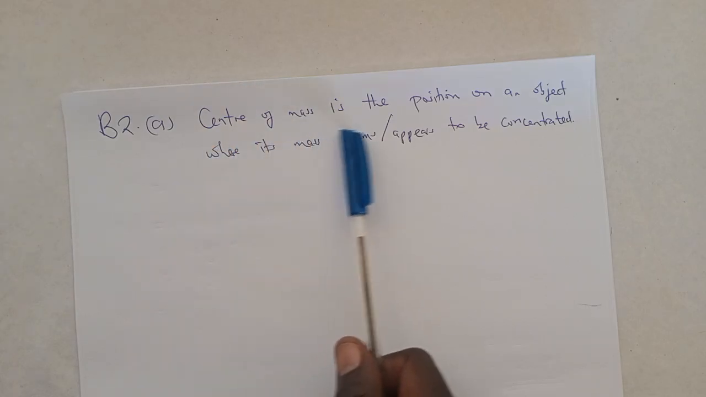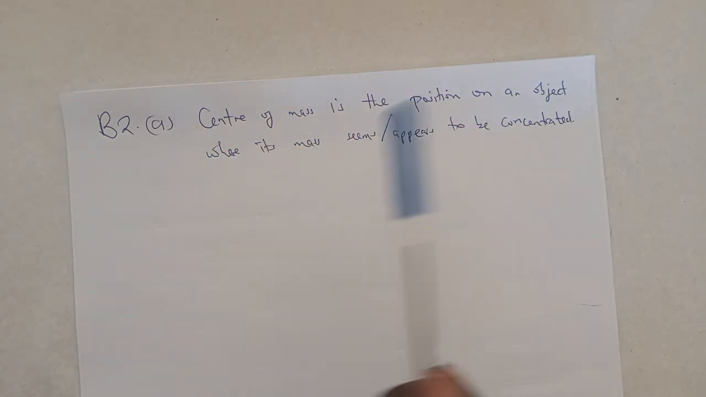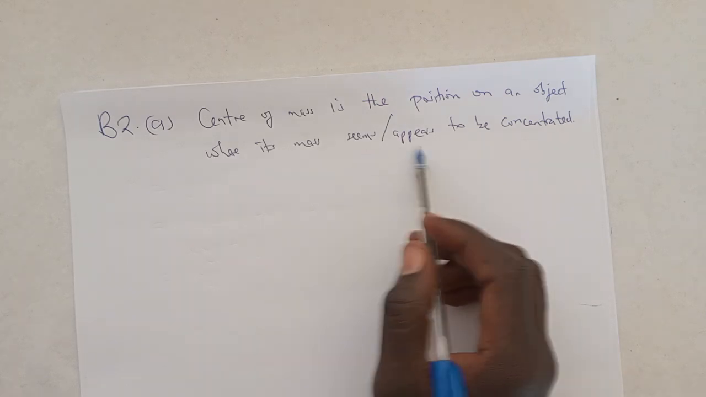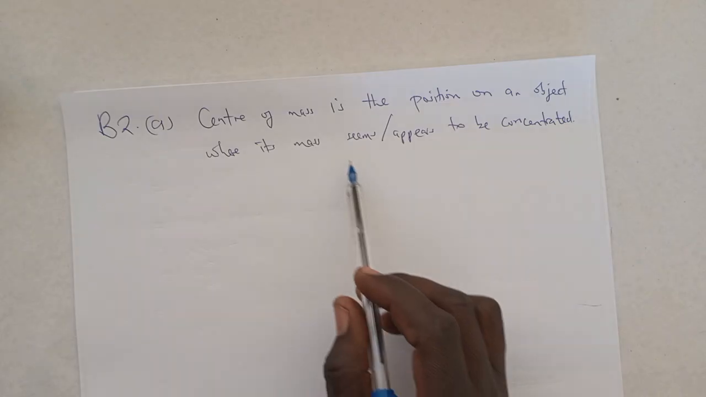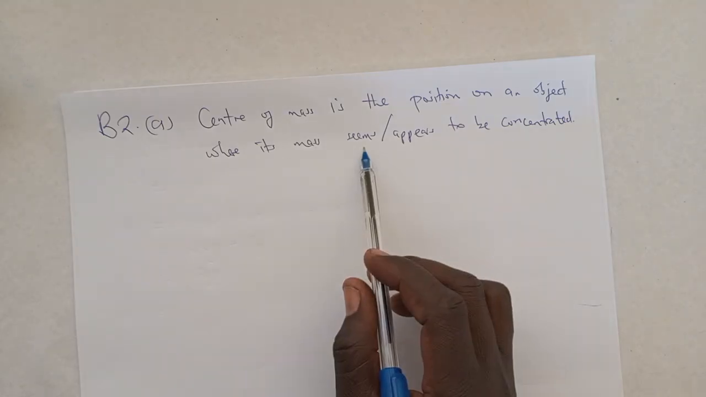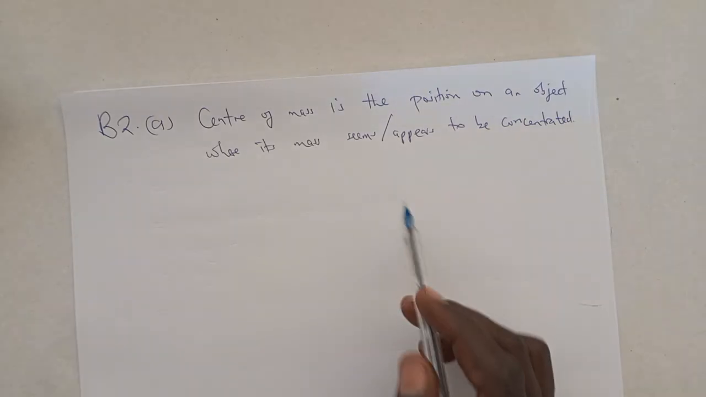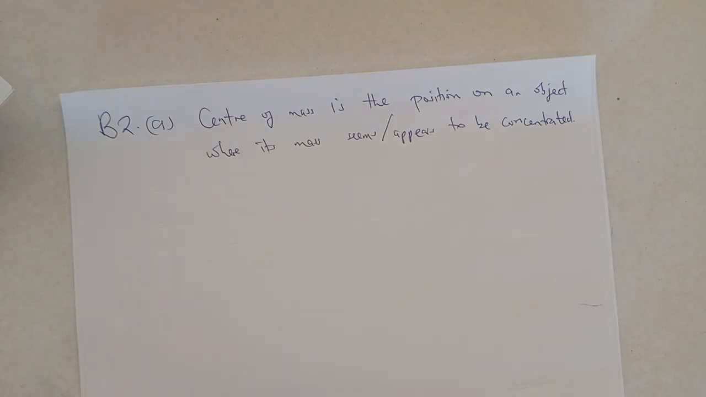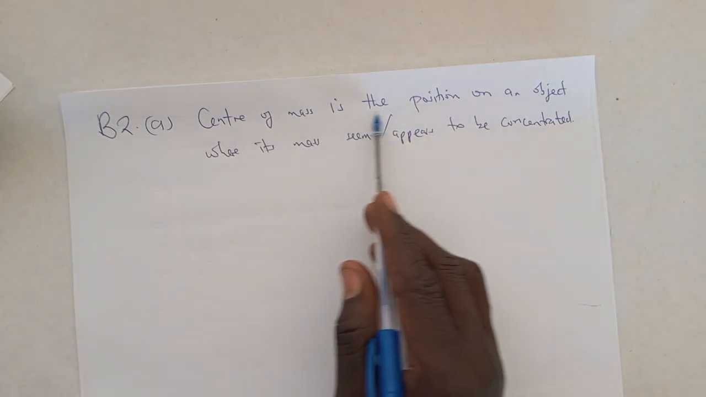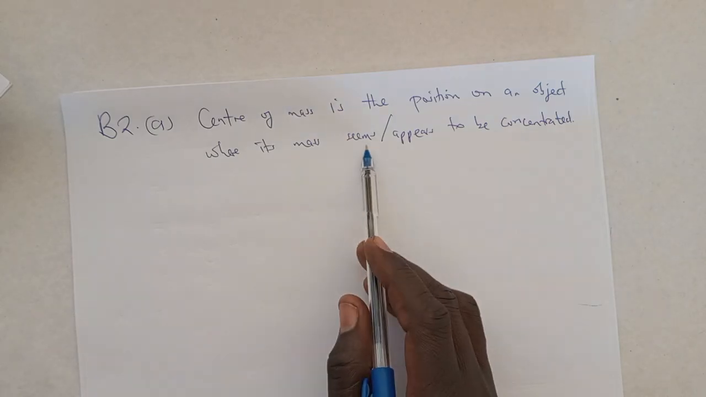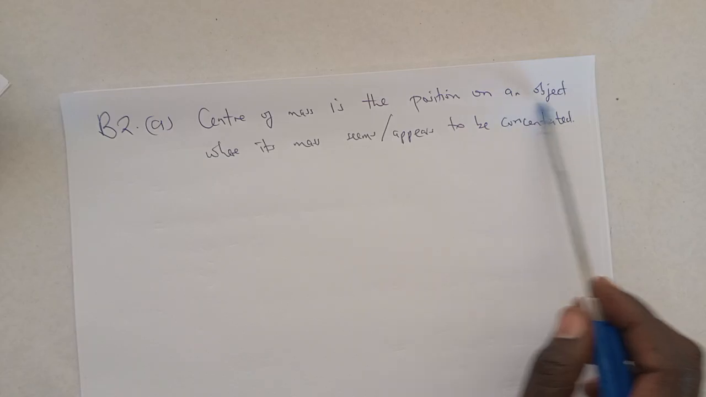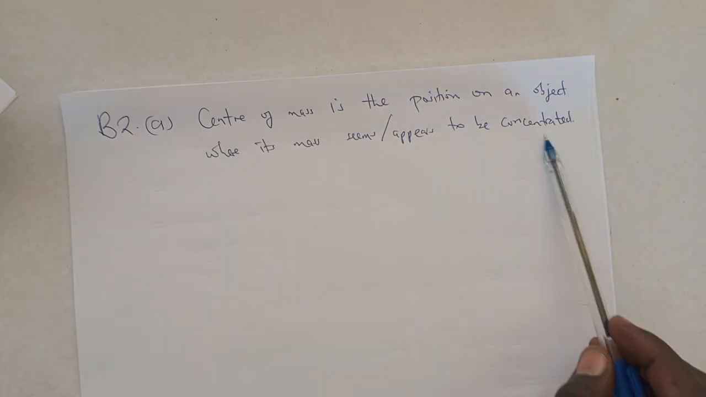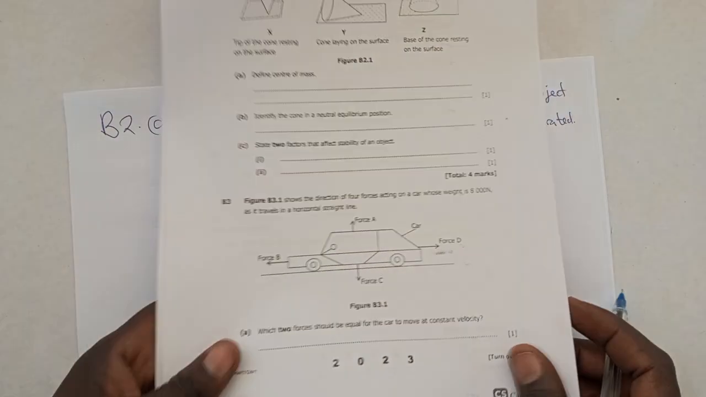Center of mass is the position on an object where its mass is. You choose, don't write like this, choose. I'm just highlighting some choices that you can go for, where its mass seems or appears to be concentrated. So in your answering, you can go by this way. Center of mass is the position on an object where its mass seems to be concentrated. If you don't like that way, you can say center of mass is the position on an object where its mass appears to be concentrated. That is the answer. Then we move on to question